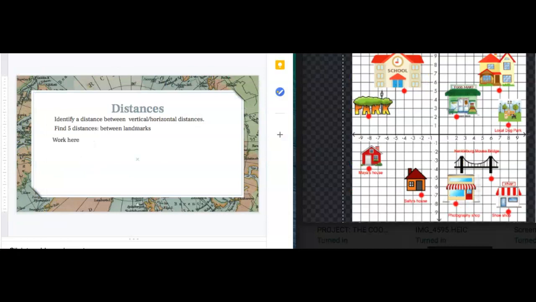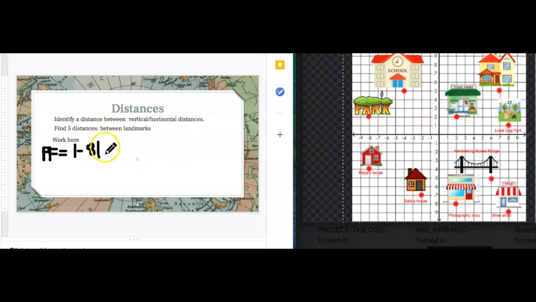On task number 3, we're gonna find the distance between landmarks. So here I have an example. This is the park, and that's a food market. So they're in different quadrants. So I could say park to food market. I'm just gonna make it like that, just to simplify it. They are on the same horizontal line, so it's easier, but they are on different quadrants, so I have to add. So here it's on the -8, so absolute value of -8,